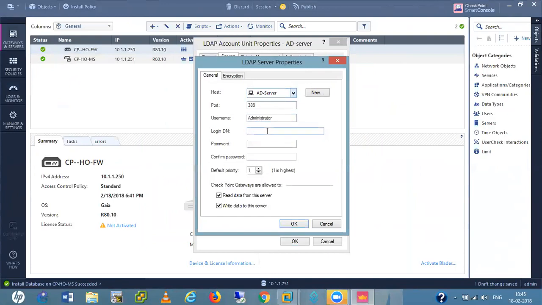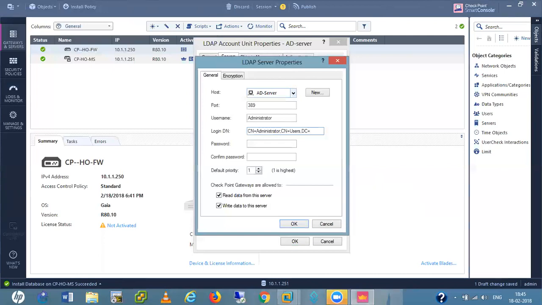Here we have a login DN which is CN equals administrator, and DC. Now CN equals users because we have this user inside the users.